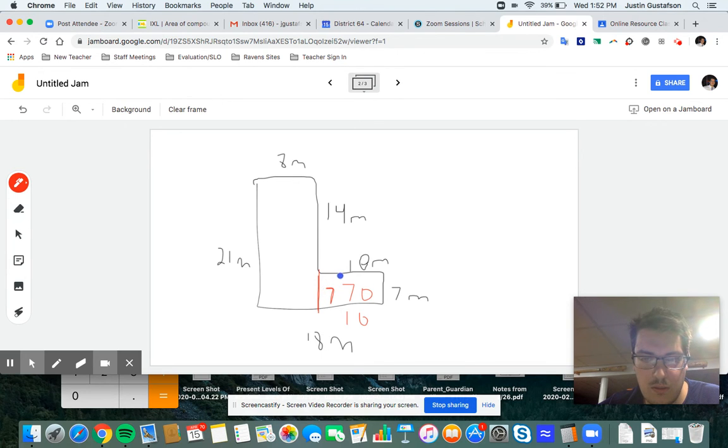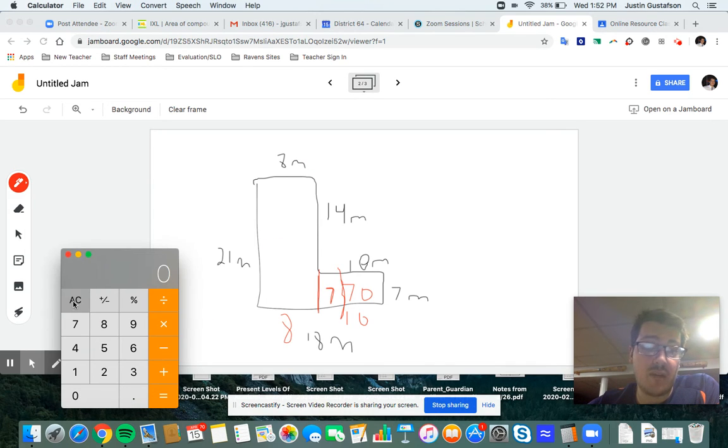Just going to put a little thing there. Separate my 7 and my 70. My 8 will go down here, right? Let's see. 8 plus 10 is 18. 14 plus 7 is 21. We're good to go. Okay, so I'm going to do 8 times 21,